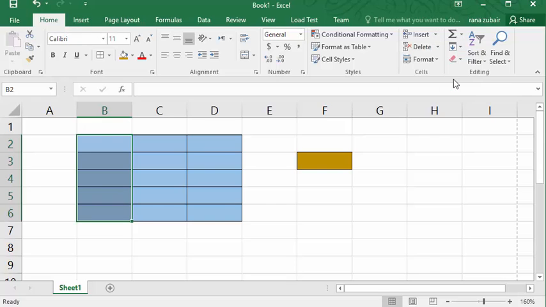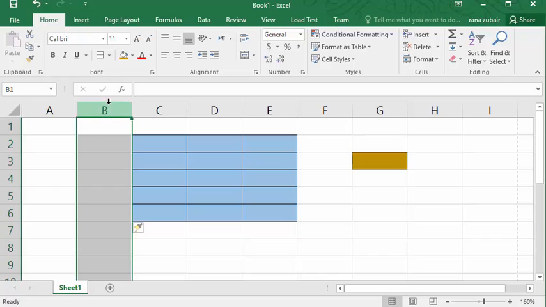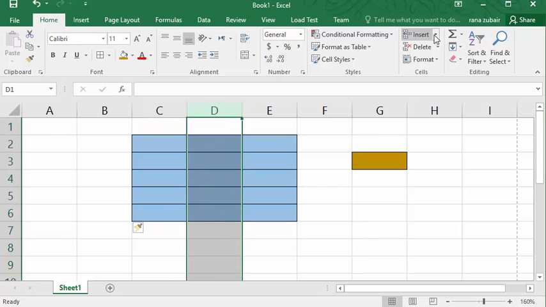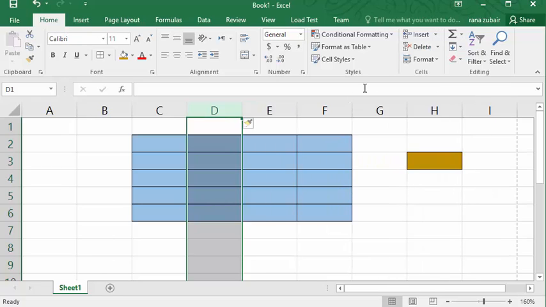When I click, a new column will be added on the left side of B. As you can see, whenever I select any column and click insert sheet column, it will always be displayed on the left side of the selected one. The selected column will be moved to the next one and the new one will be shown at the position where we have selected. Okay, next is how to add a row.